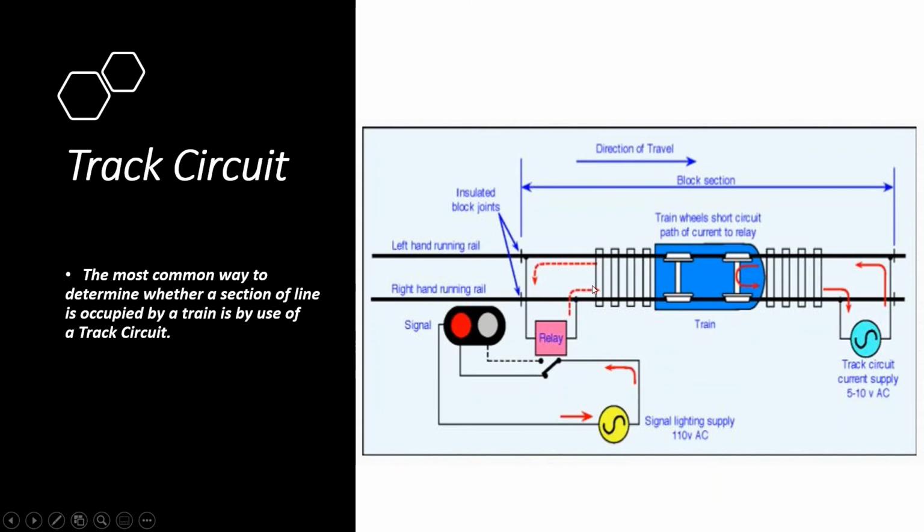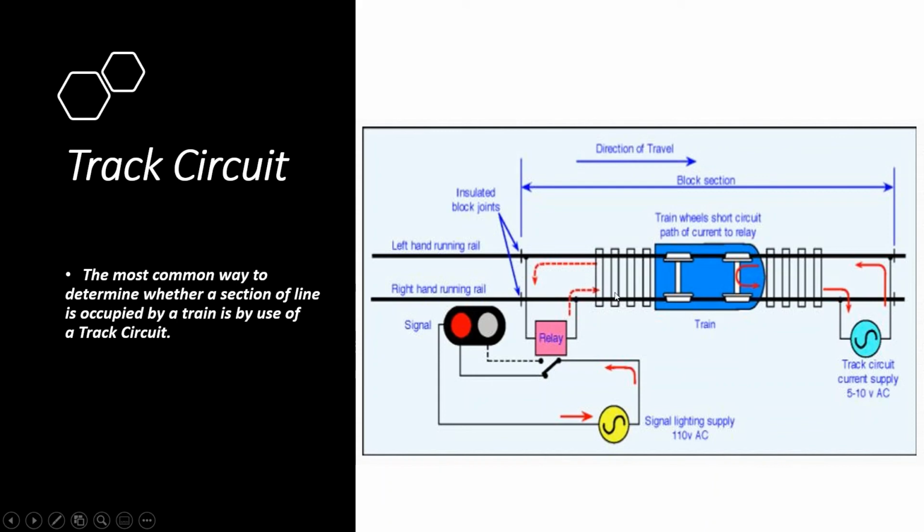train in this block. But when the train has left this location, these two rails would be separate, because when the train is in the block, the short circuit would happen, by which the relay element goes to the off position. But when there is no train, the current passes through the rails without any disturbance, so it goes to the normal position, that is green light, indicating that this block is clear.